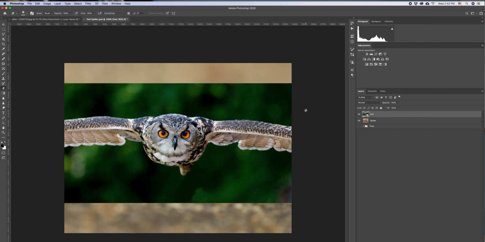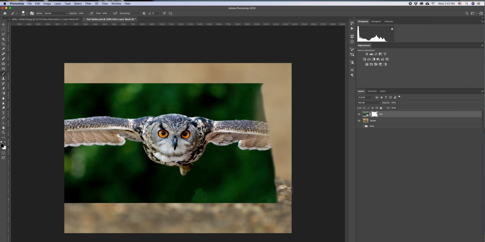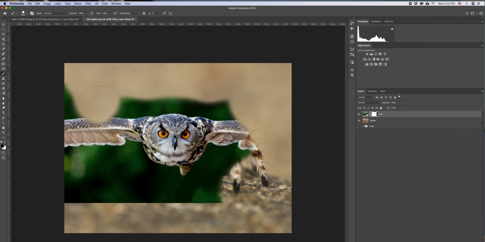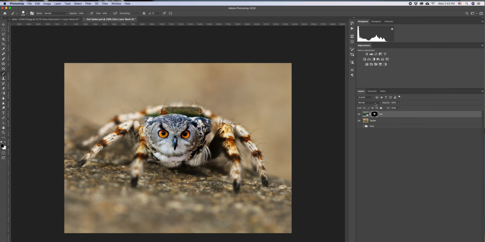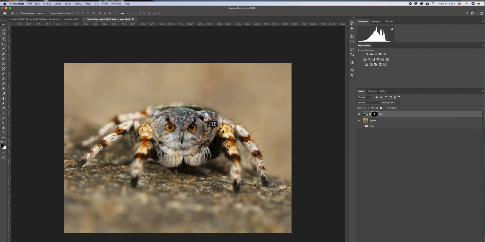And I'm just gonna go ahead and create a mask on our owl layer. And with our brush tool selected, I'm just gonna start erasing. I wanna make sure my flow and opacity are up all the way again at 100%. And I'm just gonna start erasing what I don't want to use here. Okay, and I'm gonna drop the opacity, and I'm gonna start lining up